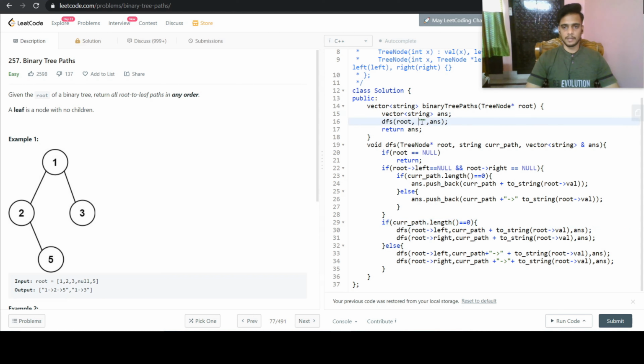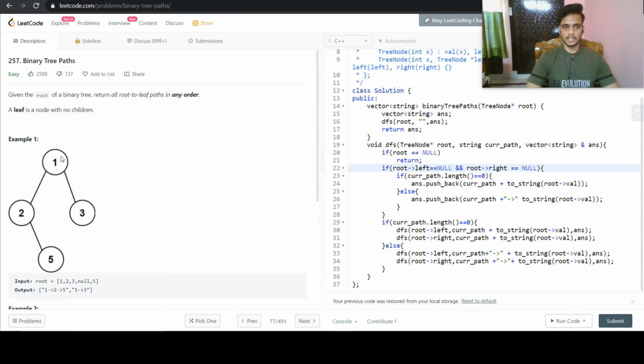Initially, we were having an empty string, so it will enter this case, and it will just insert that root's value in our current path, and then it will call the DFS function with these two nodes, and then again we will enter here with the DFS function to this node, and we will do the same process here.